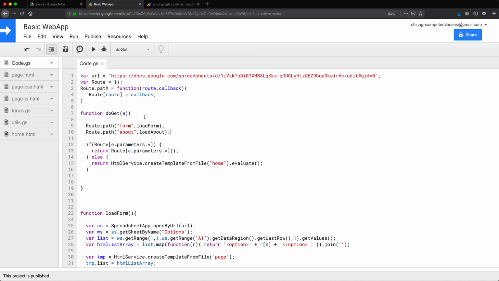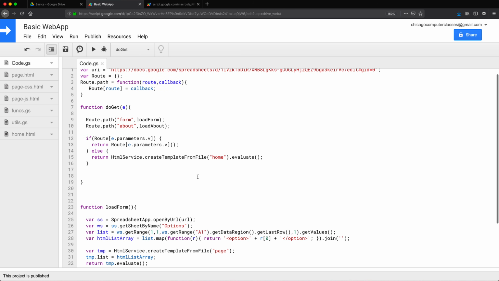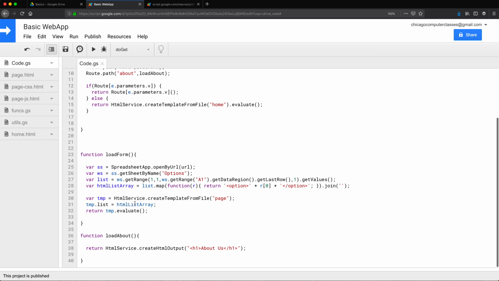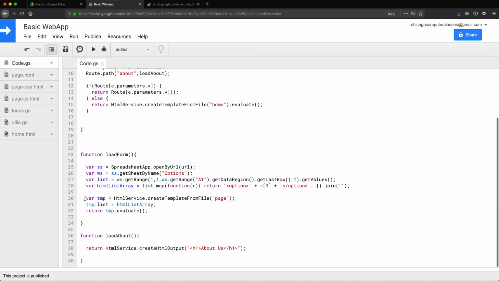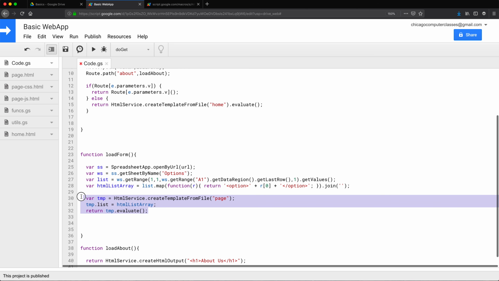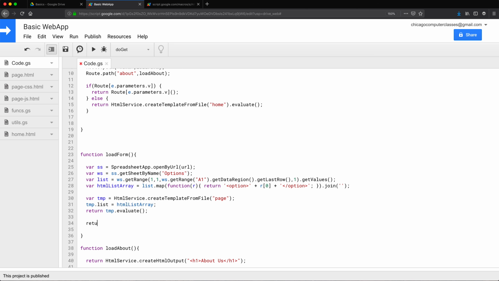Now, the other change I want to make to this application is to create a render function. See how we load all this HTML service stuff all the time. Since this is a very common thing that's going to happen, instead of doing this whole thing where we create a template variable, pass the arguments this way, and return the evaluate, I simply want to replace these three lines with a return that's going to say